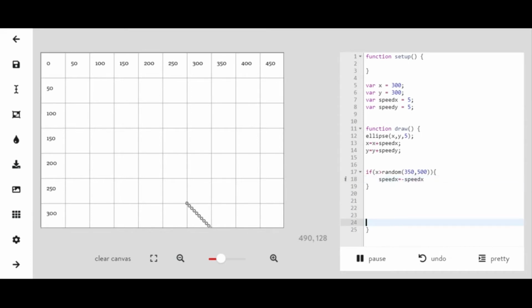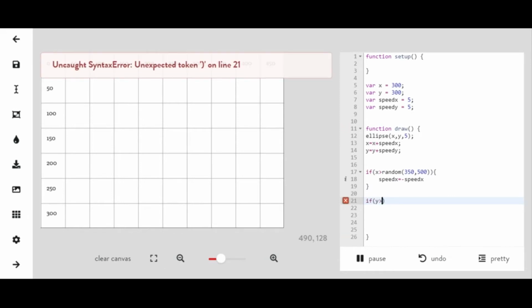And we're going to basically do the same thing for all 4 sides of our canvas. And the reason that we do speed x equals negative speed x is because that'll basically just send it in the opposite direction. So I'm going to do the same thing for y, saying if y is greater than,